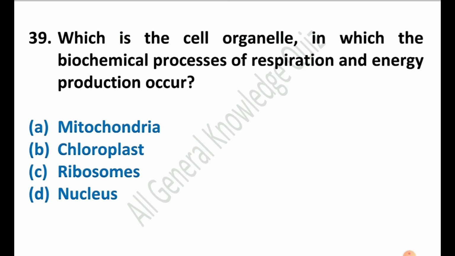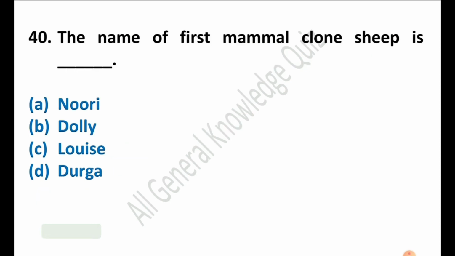Option A, mitochondria. Option B, chloroplast. Option C, ribosomes. Option D, nucleus. The answer is option A, mitochondria. Mitochondria is the cell organelle in which the biochemical processes of respiration and energy production occur. Question number 40. The name of the first mammal clone sheep is option A, Nuri, option B, Dolly, option C, Louis,